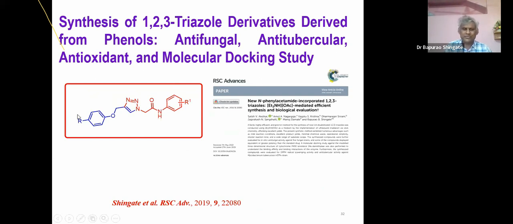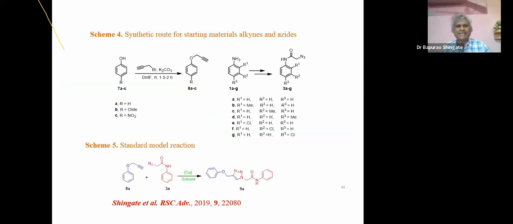And to see the effect of introduction of this amide group, in between the azide, the triazole as well as the methionine group over there. Accordingly, we have a design, as we have seen the synthesis of this terminal alkyne from corresponding phenols. And here, the aromatic amines, means different types of anilines, were subjected with chloroacetyl chloride, followed by nucleophilic substitution with azide, sodium azide, which gives a corresponding